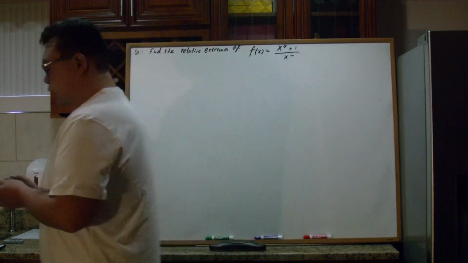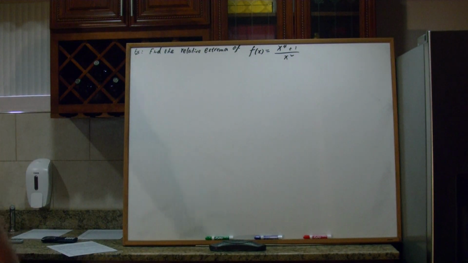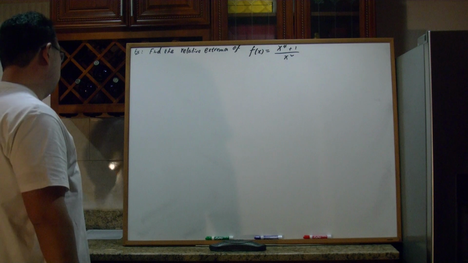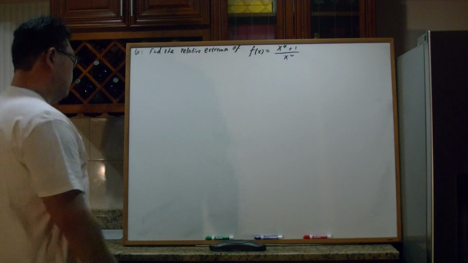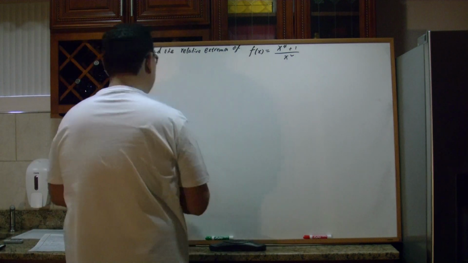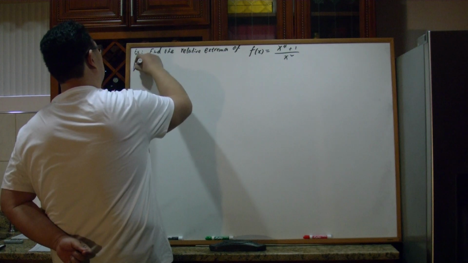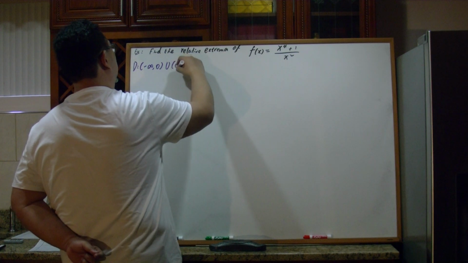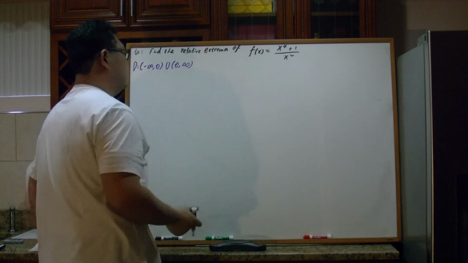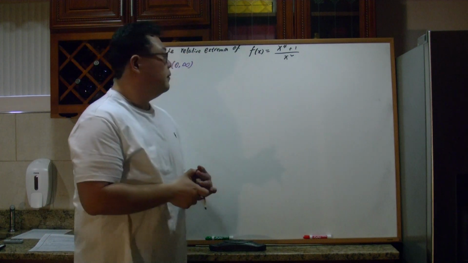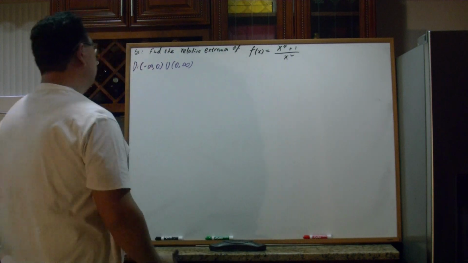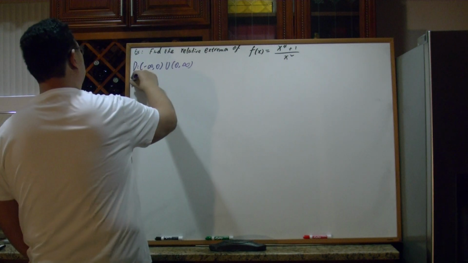Or you can use the quotient rule to find the derivative, of course, but not using the quotient rule and separating it is also a good way. Right, the domain of the function is negative infinity to 0, union 0 to infinity. Right, two pieces together, that's our domain, because the denominator cannot equal 0. Right? To find f prime of x,